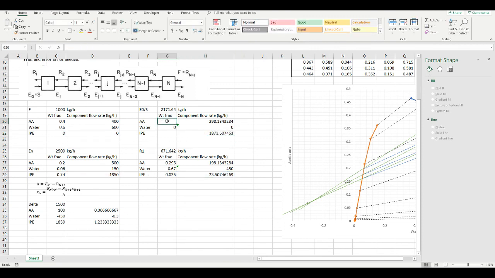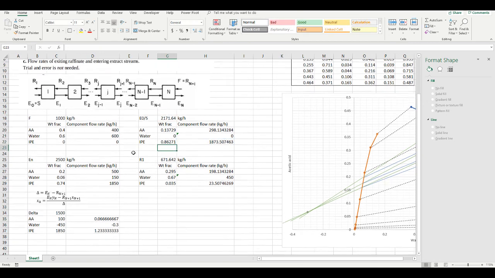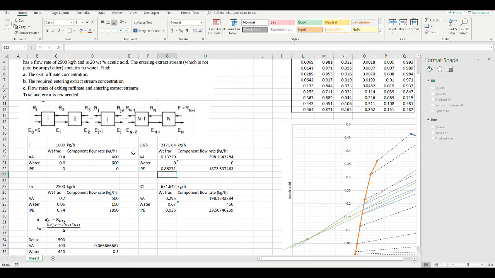And then the weight fraction is simply by definition the component flow rate divided by the total flow rate. And with that, that gives us all the values that we were looking for. The exit raffinate concentration, which is simply R1. The required entering extract stream concentration, which is E0 or S. And then the flow rates,